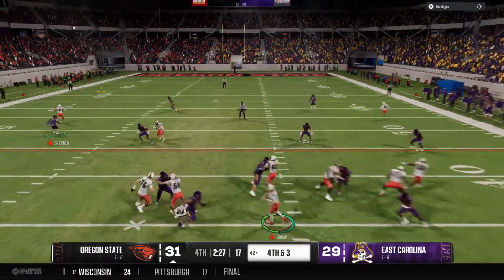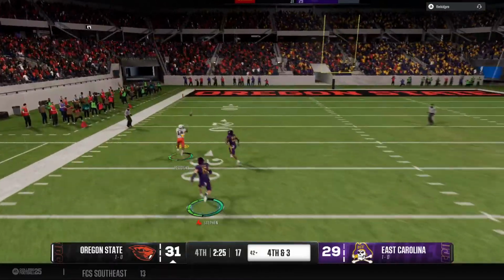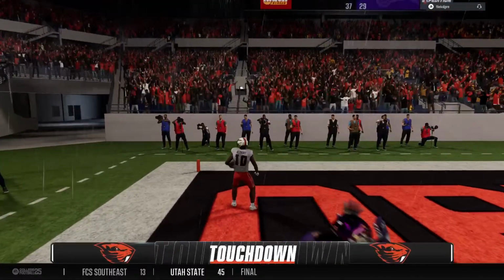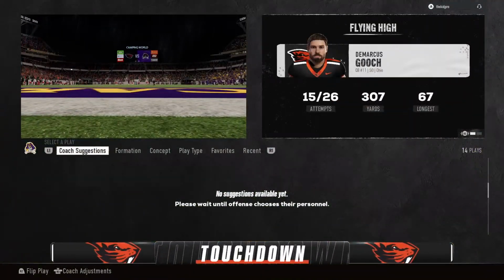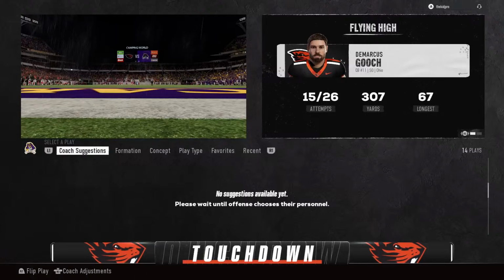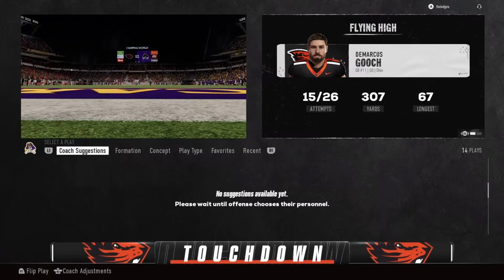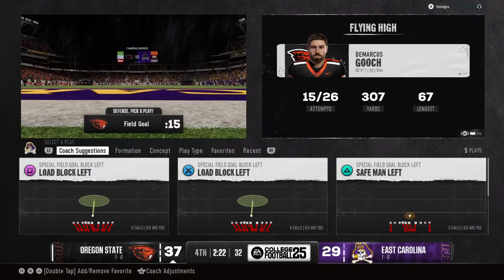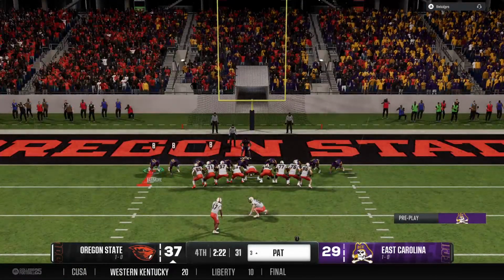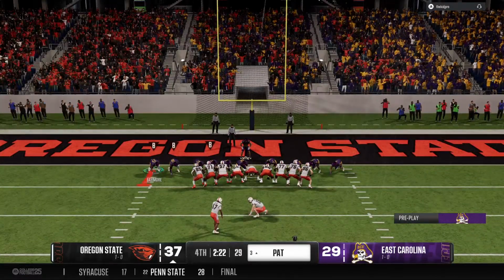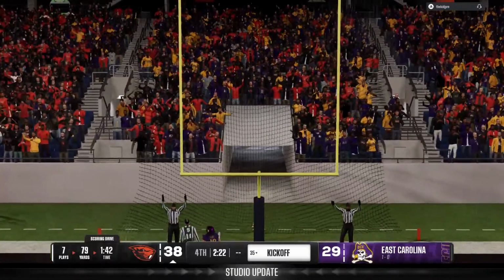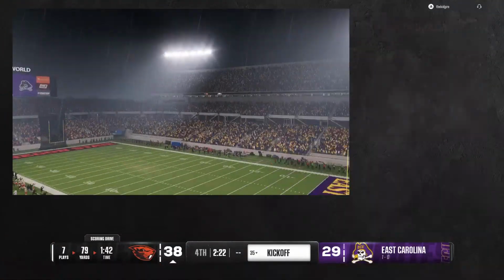He'll try to throw and pick up the 1st down. Grabs it at the 25 in stride. And he ran away from the defense to take it in. Touchdown, Oregon State. Getting set for the point after. And the extra point is good, and the lead is 9 here in the 4th.